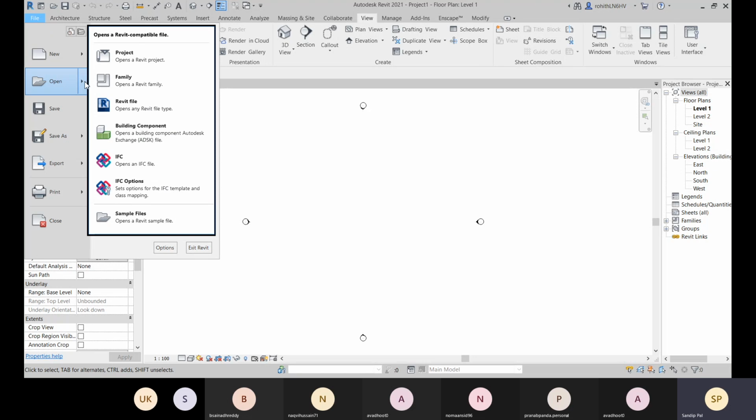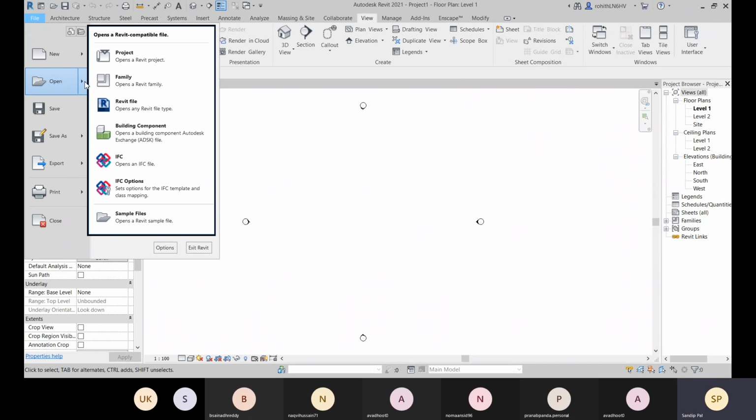And we have this IFC format. That is Industry Foundation Classes. The format name is Industry Foundation Classes. And this is a particular data format that has the purpose of allowing the interchange of an information model without loss or distortion of data. Suppose you are using Revit 2019 right now, and I'm using the 2021 version.